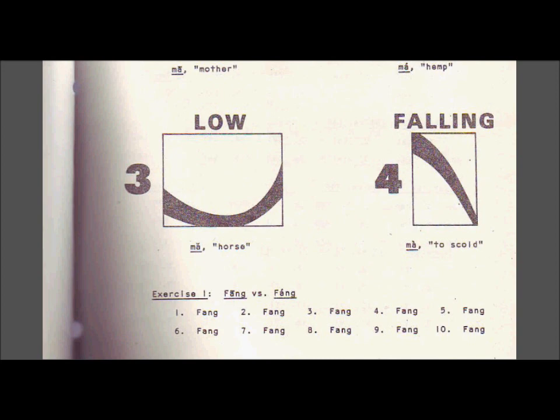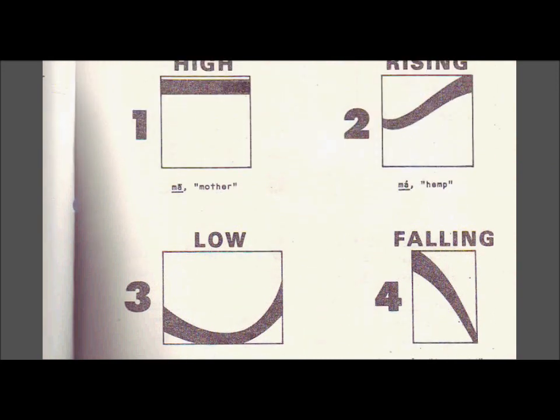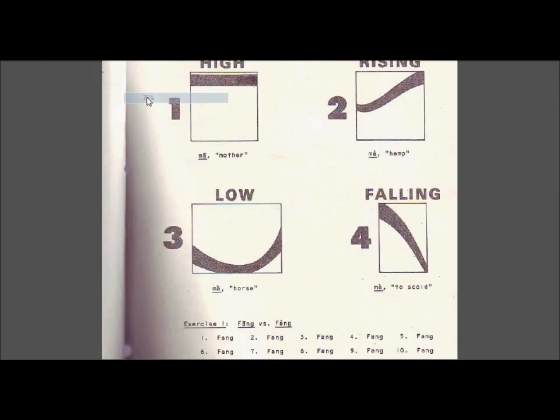It's relatively easy to distinguish between the high tone and the low tone, since they contrast in contour as well as in pitch. The high tone is level as well as high, and the low tone is dipping as well as low. Listen to mother followed by horse. 妈马 Again, high tone, low tone. 妈马 Now we'll turn them around. Horse followed by mother. 马妈 Again, low tone, high tone. 马妈